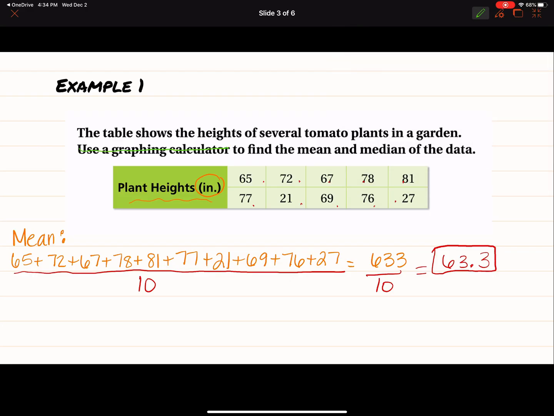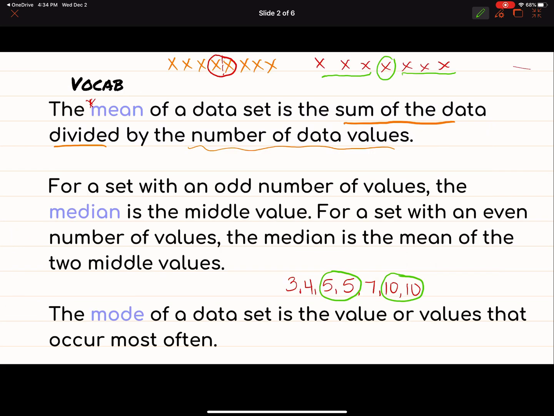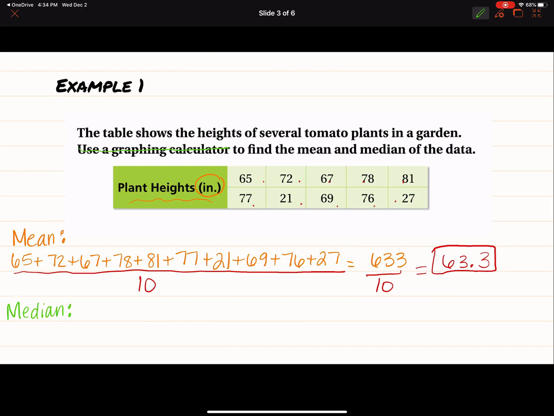All right, and then the median, let's go back and remember what that definition was. It was the middle value, okay? So the first thing I have to do is list these from least to greatest. I'm going to go ahead and do that. Looks like 21's the smallest, then 27,